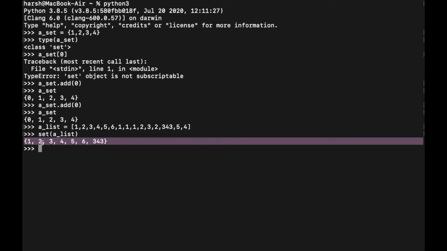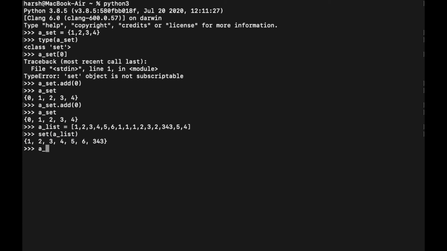Now let's try to remove an element from our set. Let's say I want to remove 0 from my set. There is a function called remove to remove any element, and now if I check the elements in my set, 0 is gone. It doesn't matter if I have added 0 here twice, once it's deleted, it's gone. And if I want 0 in my set again, I'll have to add it again manually, because once it's gone, no matter how many times we have already added it earlier.